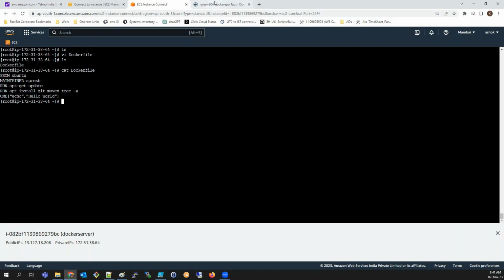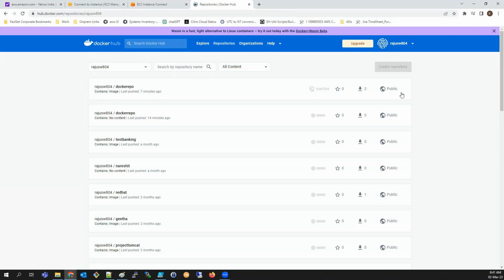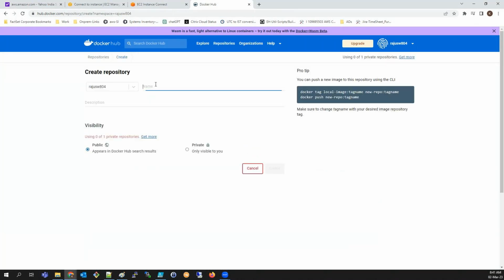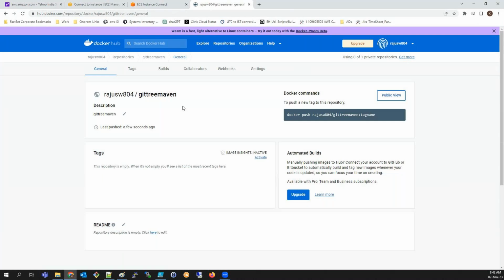For example, I want to create a repository called tree. In that I will upload this. Create repo. The name is git tree maven. This is the repo name. Description, public. The git tree maven repo is created. And now try to